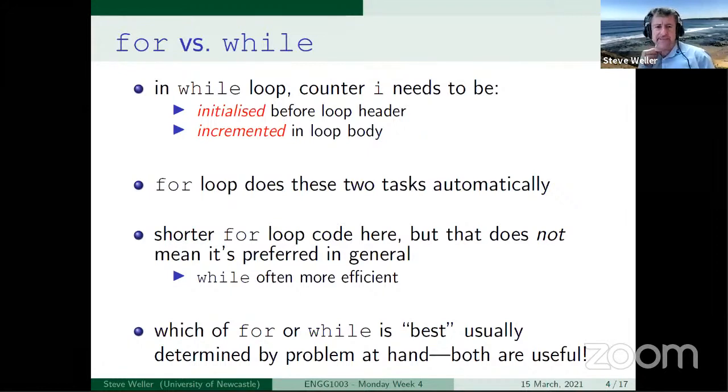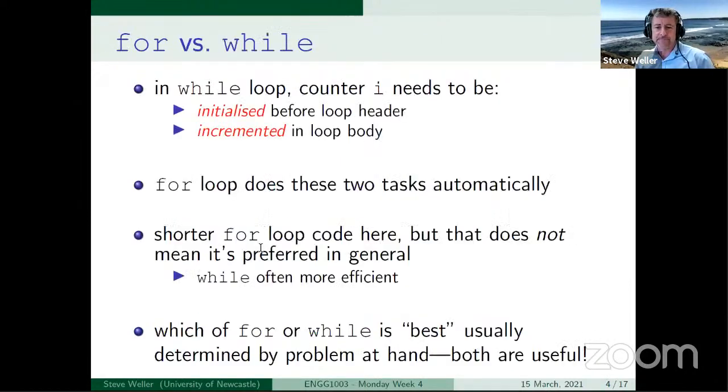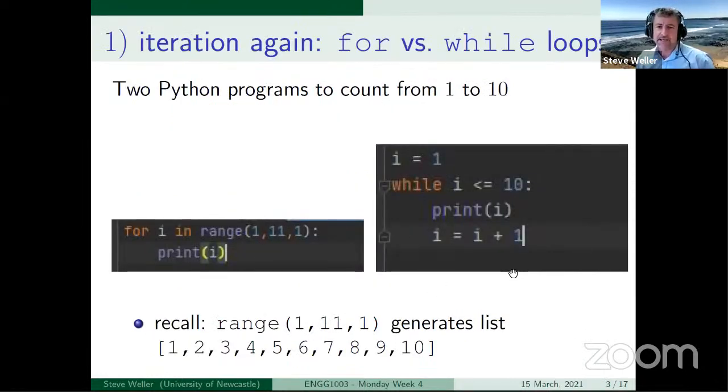So you might think that the simpler, shorter code on the left is to be preferred. It would be for this simple task. If you ask me to write a loop of my choice to display the numbers 1 to 10 on the console, I would choose the for loop on the left in this case.